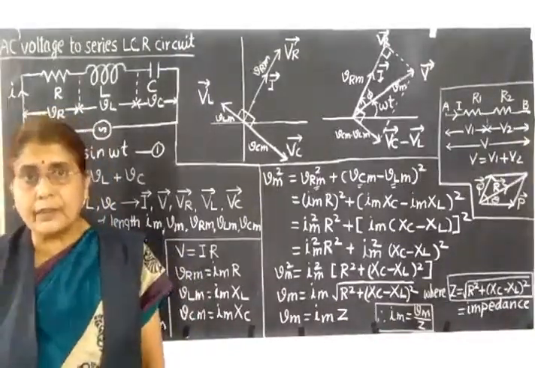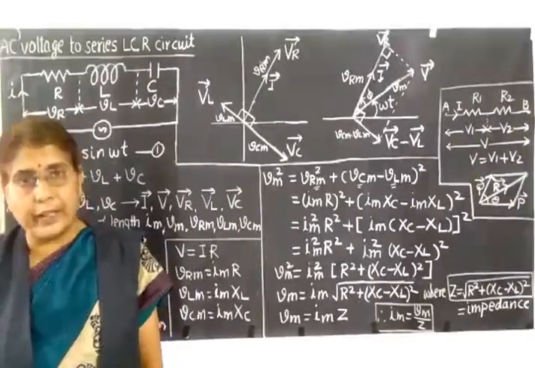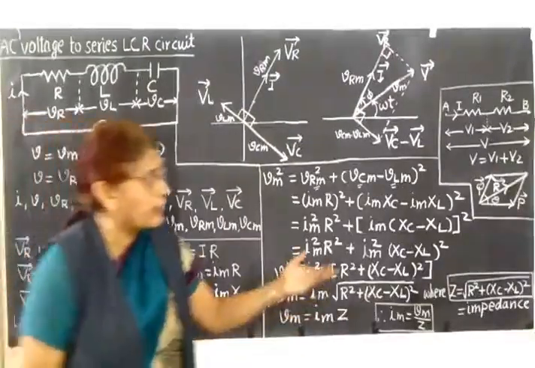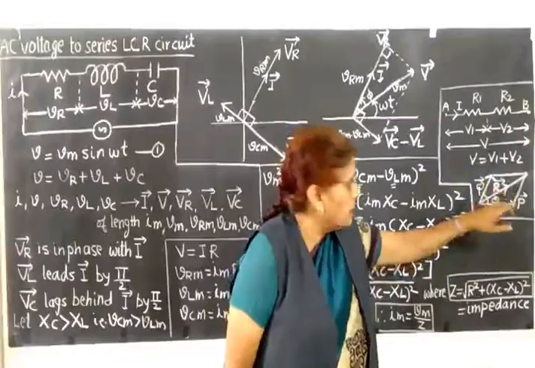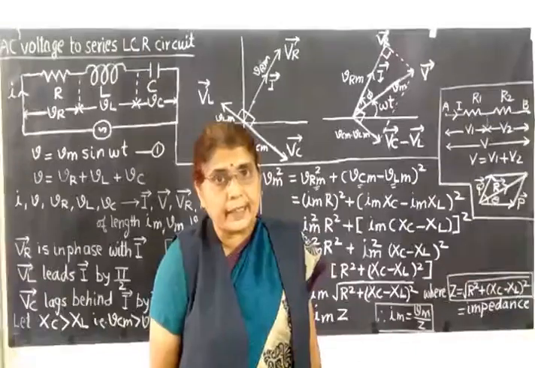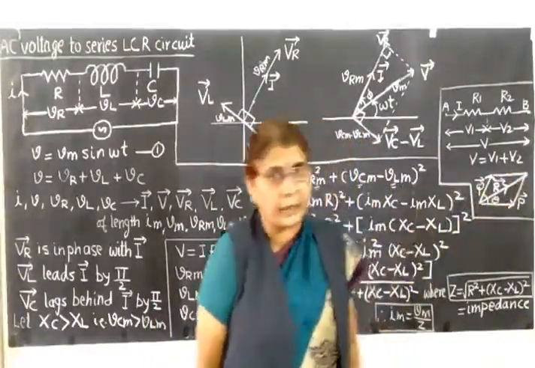Let us go back to first year physics. There you have studied the addition of vectors, the law of parallelogram of vectors. What did you study here? Suppose you have two vectors P and Q represented by the adjacent sides of a parallelogram. Then how is the resultant represented? The resultant is given by the diagonal of the parallelogram.